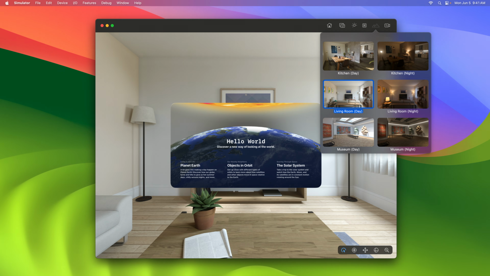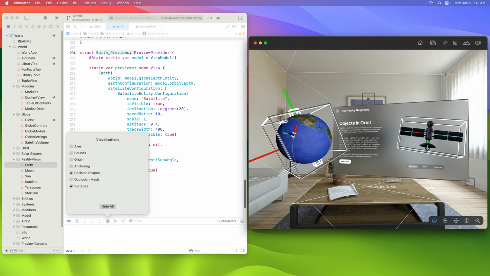The simulator is a great way to run and debug most apps, and to quickly iterate during development with a very predictable environment. We've also extended Xcode to support a number of runtime visualizations while you are debugging to help you quickly understand and track down bugs by simply looking at the scene.